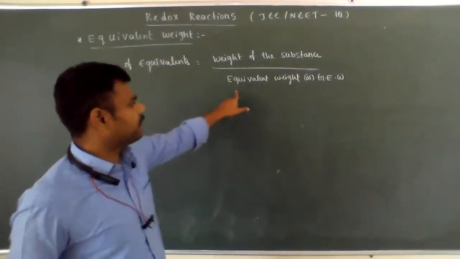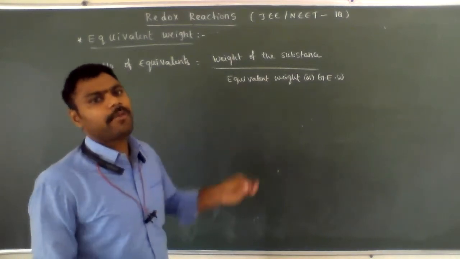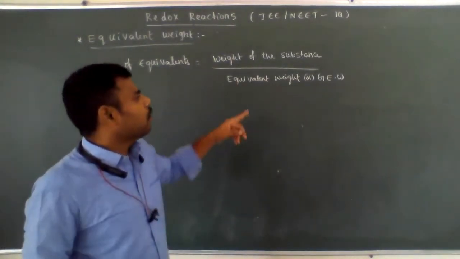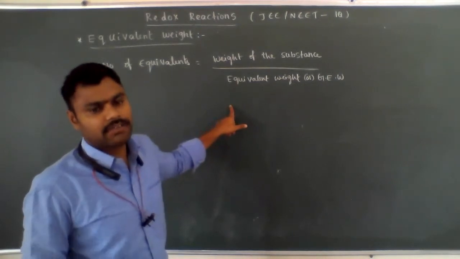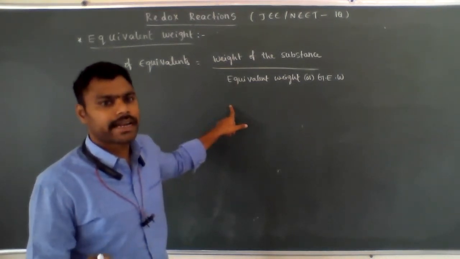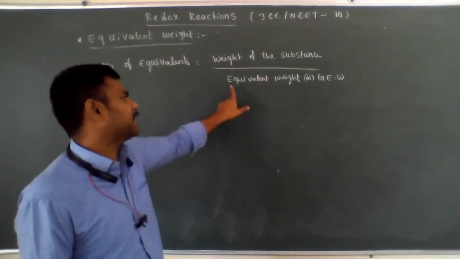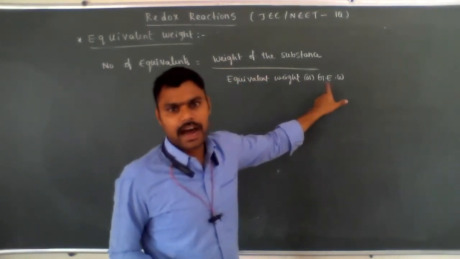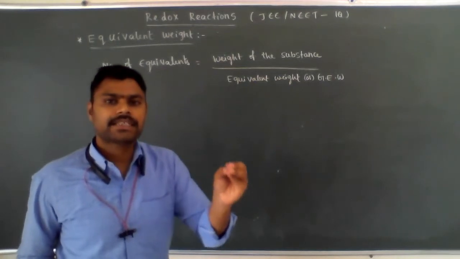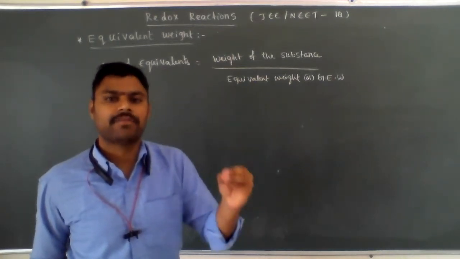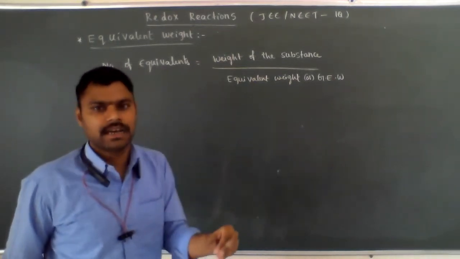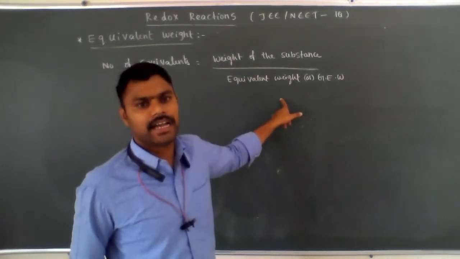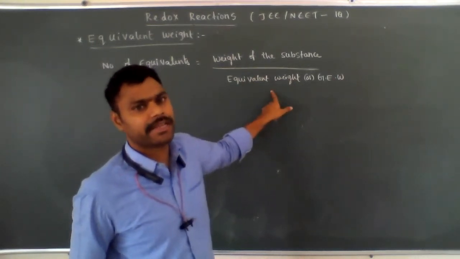What is the definition for equivalent weight or gram equivalent weight? The number of parts of substance combined or displaced with one part by weight of hydrogen atom, or 35.5 parts by weight of chlorine, or 8 parts by weight of oxygen atom is known as equivalent weight, also known as gram equivalent weight. So the gram equivalent weight depends on their n factor value, but atomic weight or molecular weight is fixed. If the n factor value changes, then the gram equivalent weight will change.